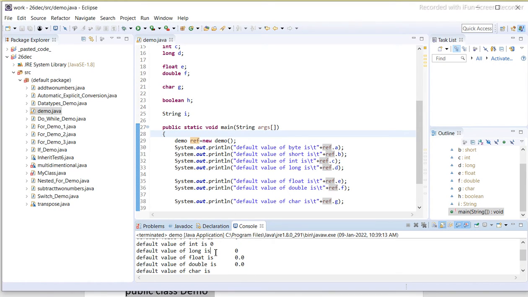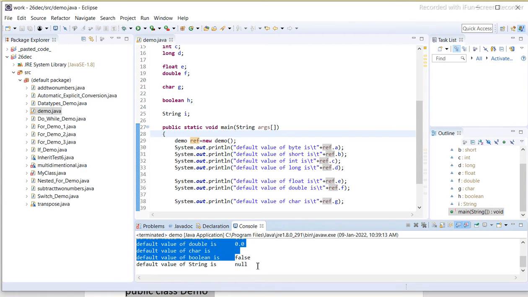Now long is 0, float is 0.0, double is 0. Char is not shown because char is a character, it is not an integer. Now boolean is true or false, so the default value is false. So this is important because the default value of boolean, which comes under 1 and 0, is false.